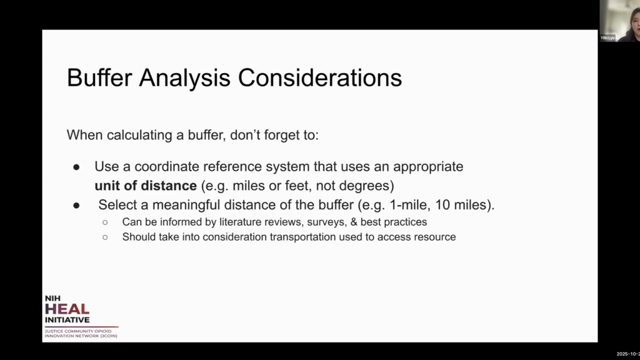But also, there are some considerations we need to keep in mind when we are calculating the buffer. The first one is we need to use a coordinate reference system that uses an appropriate unit of distance. As Marinia mentioned a little bit before, we need to use a CRS that measures miles or feet, but not degrees. For example, WGS 84, which is measured in degrees, may not be appropriate for the